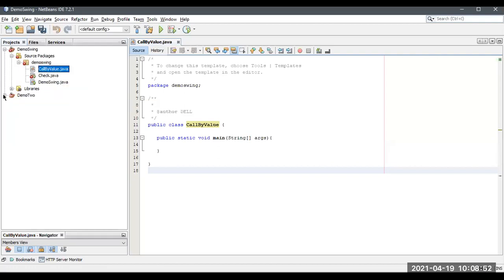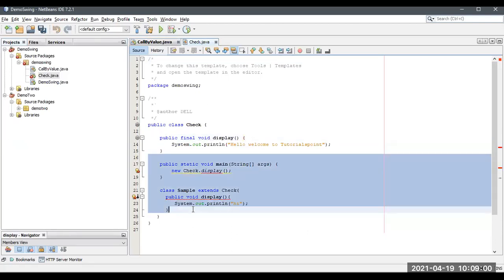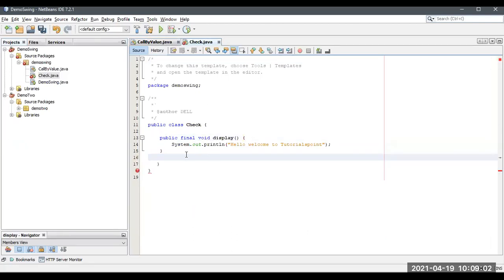This is the method, right? Okay, let me create another one. Check. So this is the check. Inside this, let me delete the final keyword, we can't access that. Inside this, int a, comma, int b.